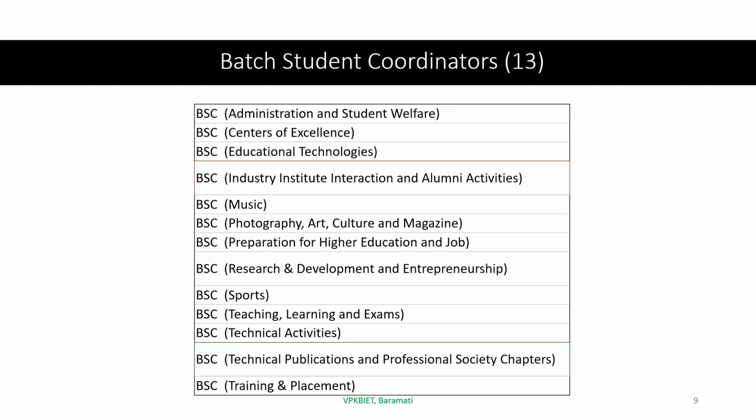You can give your inputs also for us to establish this system. Let us experiment with this system. We have identified the academic research as well as co and extracurricular activities as well as administration. So in a batch of about 20 students, the teacher will guide or handle all these responsibilities for that particular batch. So we will have administration and student welfare.